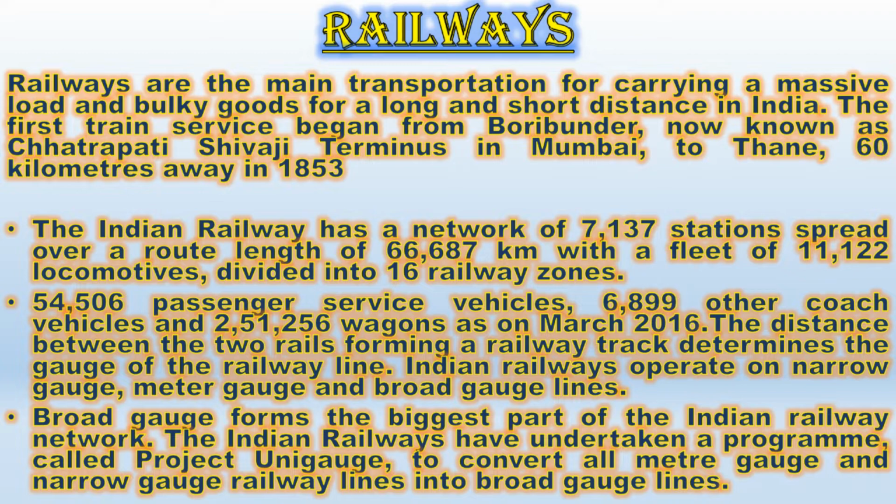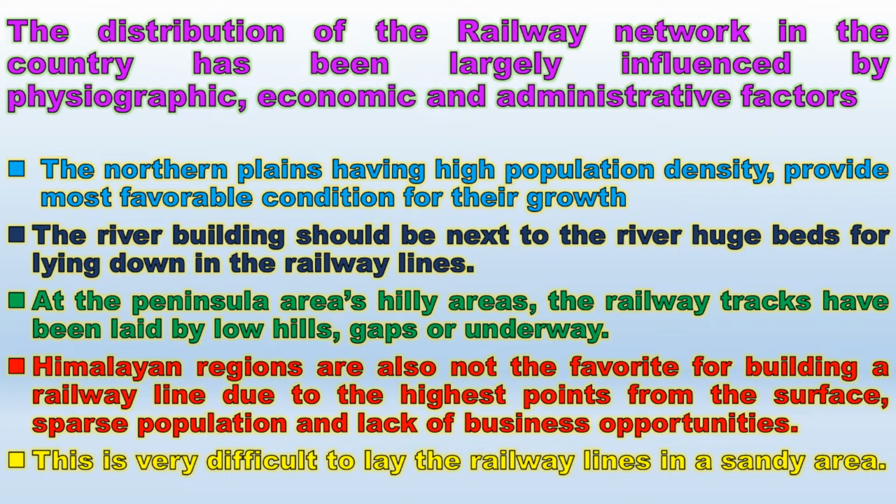The distance between two rails forming a railway track determines the gauge of railway lines. Indian Railways operate on narrow gauge, meter gauge, and broad gauge lines. Broad gauge forms the biggest part of the Indian railway network. The Indian Railways have undertaken a program called Project Unigauge to convert all meter gauge and narrow gauge railway lines into broad gauge lines. The distribution of the railway network in the country has been largely influenced by physiographic, economic and administrative